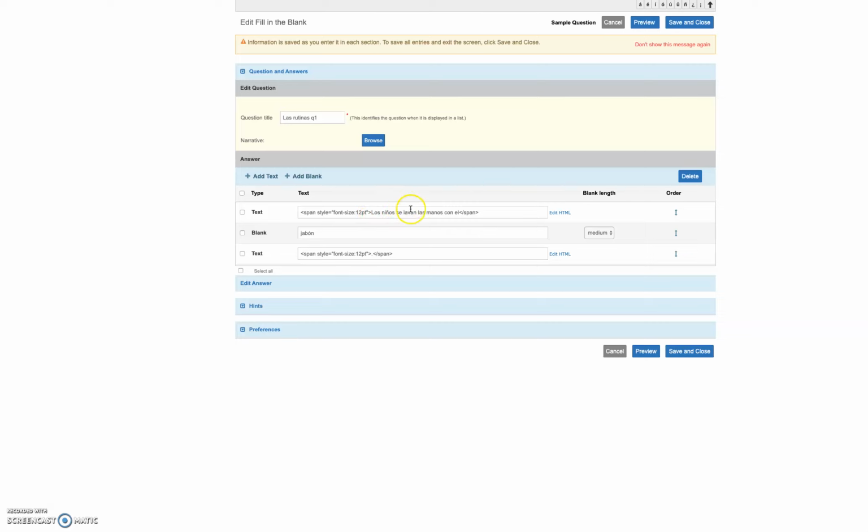Los niños se lavan las manos con él. And then right here, when it says the blank, this is the correct answer. So if you wanted to change this to something else, you could edit this right here, and change it to los niños se cepillan los dientes